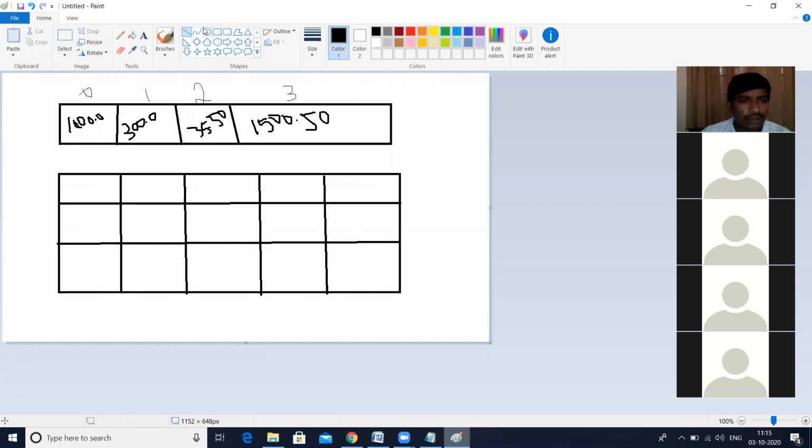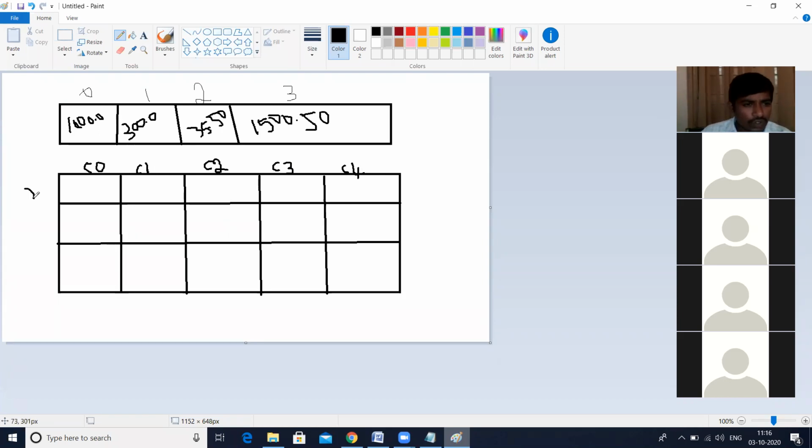So these columns: C zero, column 0. Then next, this is C first column, first index column. Then next, this is C2, this is C3, this is C4.